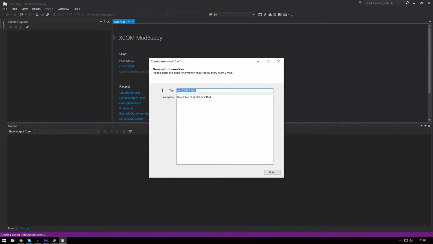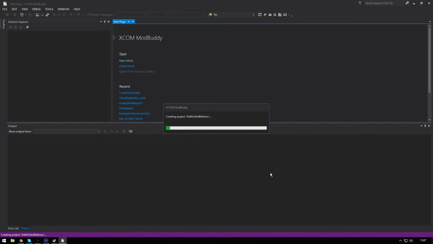Let's call this Add United Nations as well. Add the UN as a country for soldier customization. There you are. That's just the description. You can edit that later, but for now that is going to be fine. I'm just going to create a project,